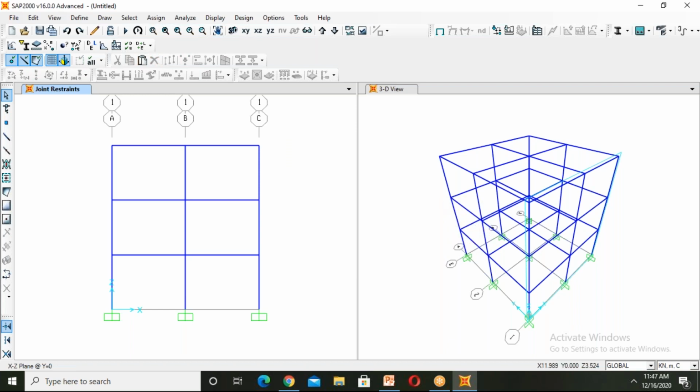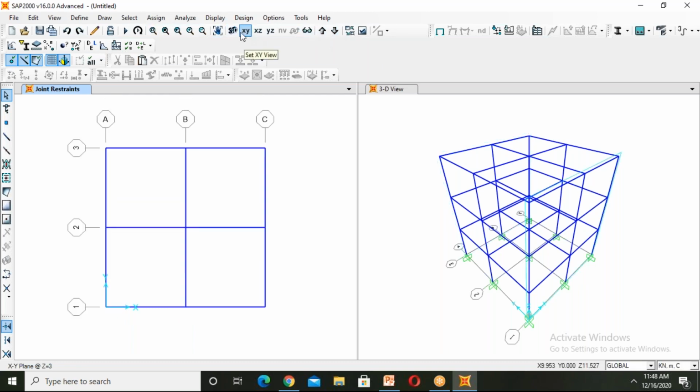After applying footings as restraints, now we have to assign the slab. For that, we should click on XY plane. Just go to left. There are icons. Just click on quick draw area. Quick draw area. After that section is a slab.